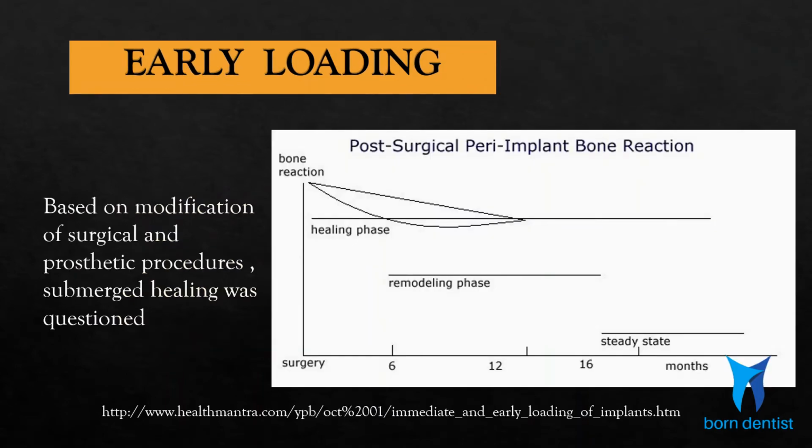As we move forward, we have improved on surgical techniques and prosthetic procedures to place and restore an implant. The submerged healing was questioned frequently. The inference is this. Look at the graph. Even if we wait till the healing phase is over, say after 3 to 6 months, the bone is still in the remodeling phase. The fully mature stage will take more than a year. So it is not feasible to wait that long. So the idea changed. Rather than looking at the healing of the bone, measures at improving the stability of the implant were the primary concern to achieve faster loading.